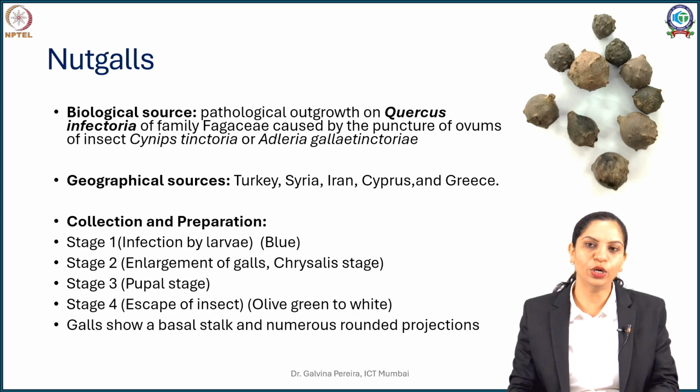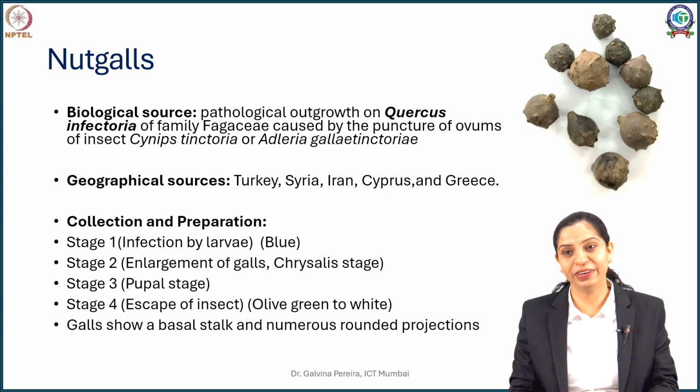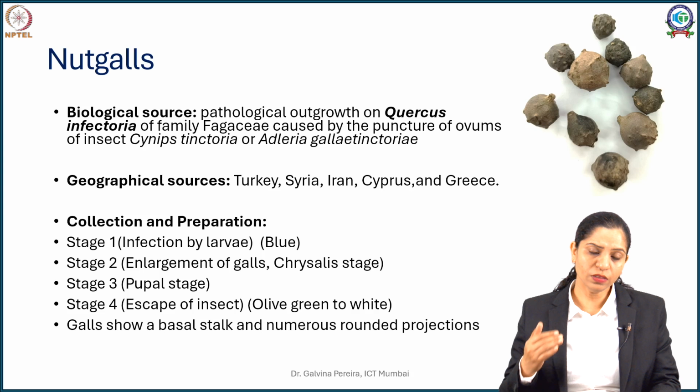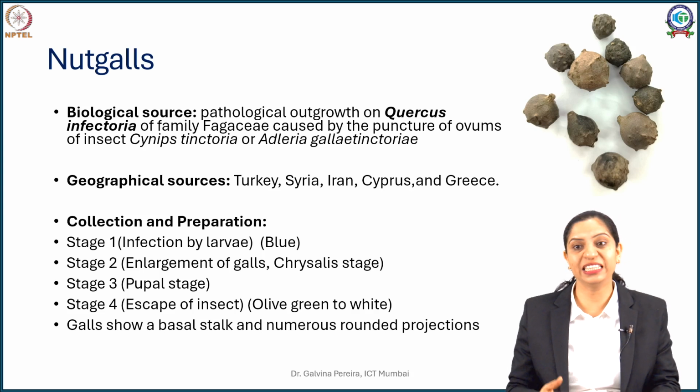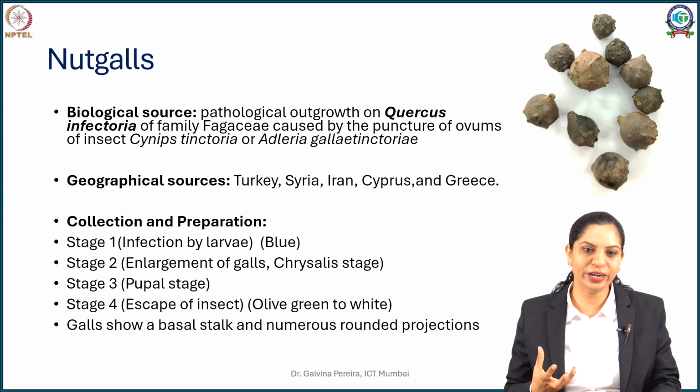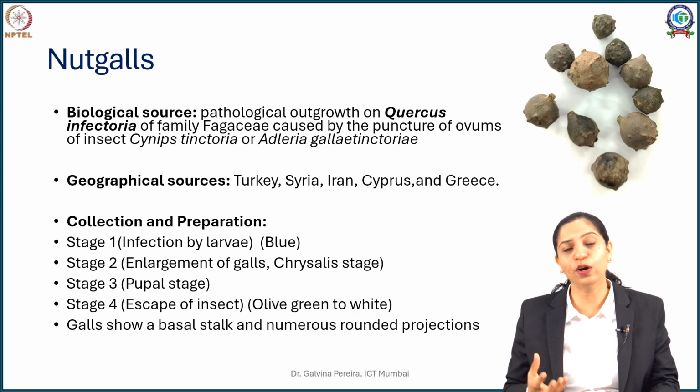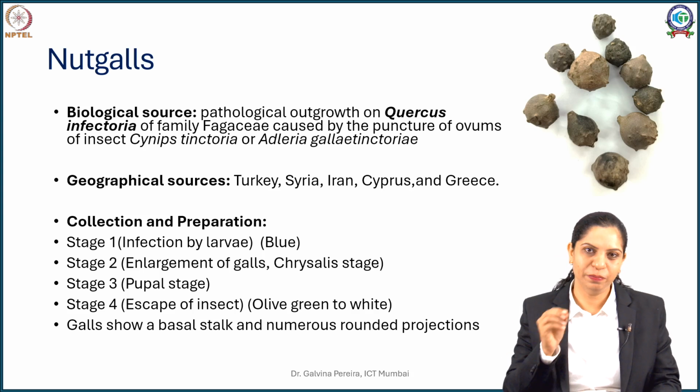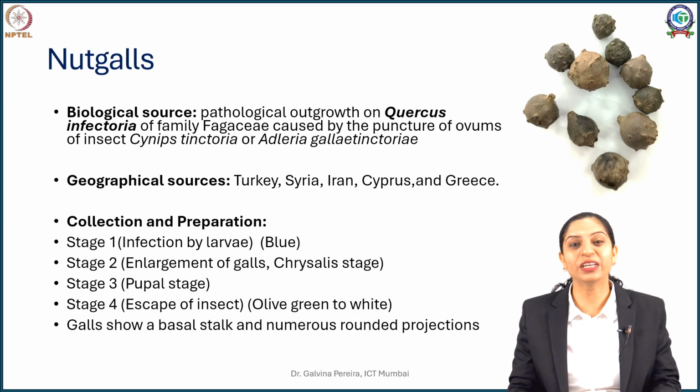Now slowly what will happen is, the insect succeeds in boring a cavity, and once it does that, it can escape out of the gall, and once it escapes, you will see some cavities occurring. So during the gradation stage, we can say that initially the galls are blue. Later on, when the insect is mature inside, you will see it growing to slightly olive green, and later on when the insect escapes by making a cavity, it slowly starts becoming grayish or whitish in appearance.